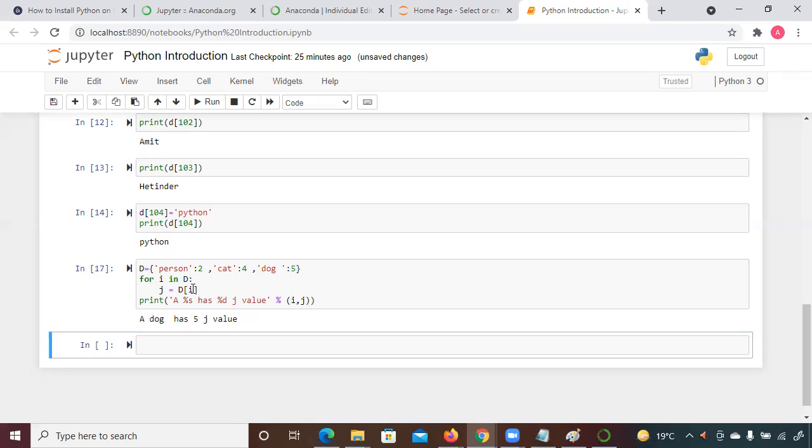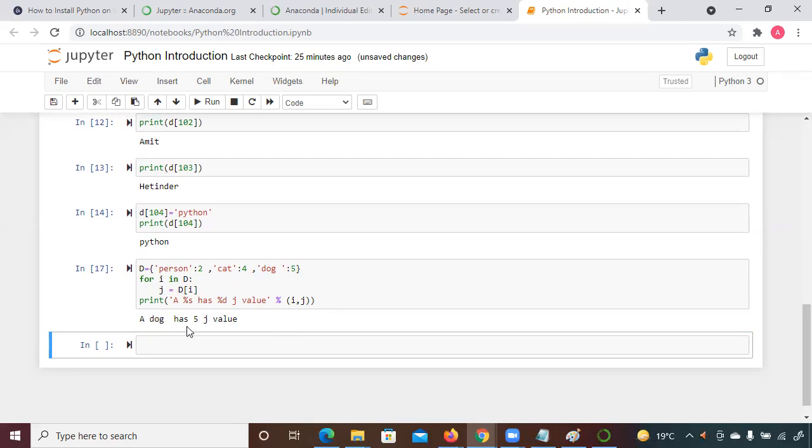One minute, I'm just looking for that. So here we are coming with the j value.